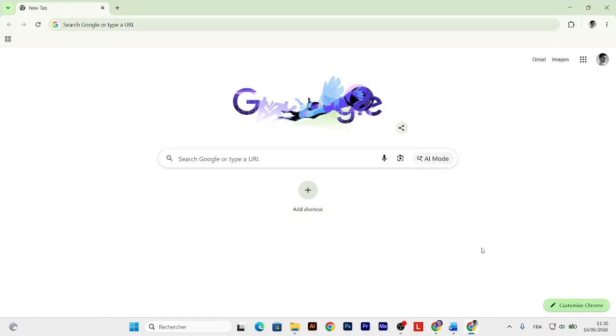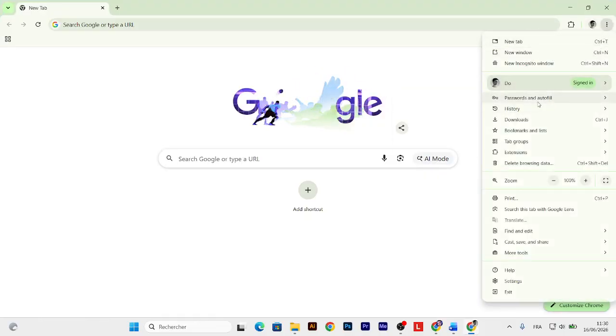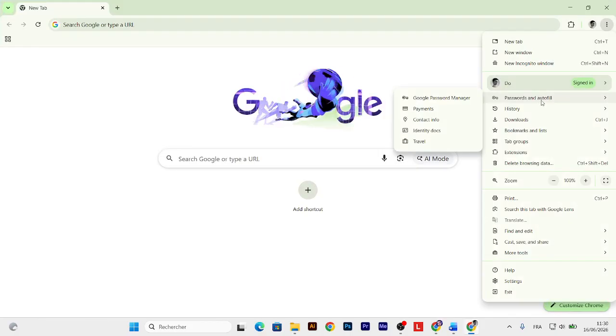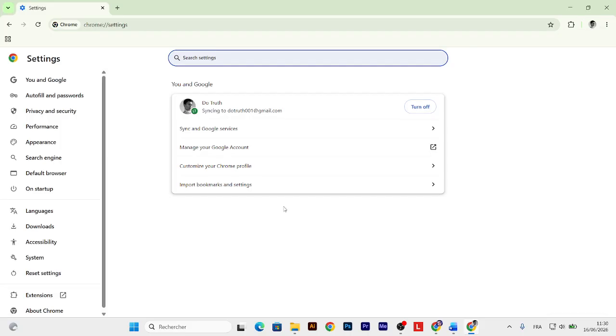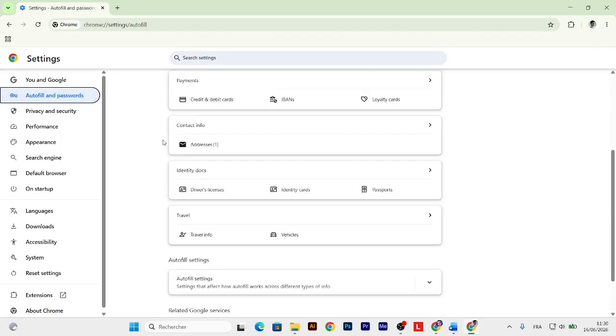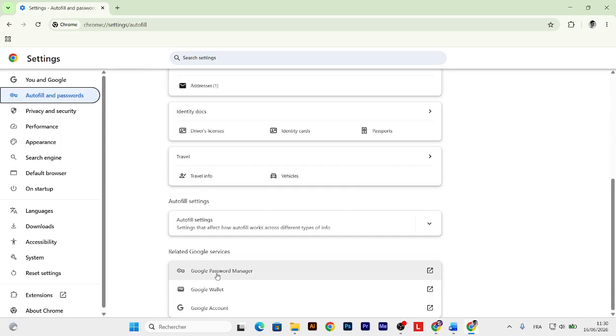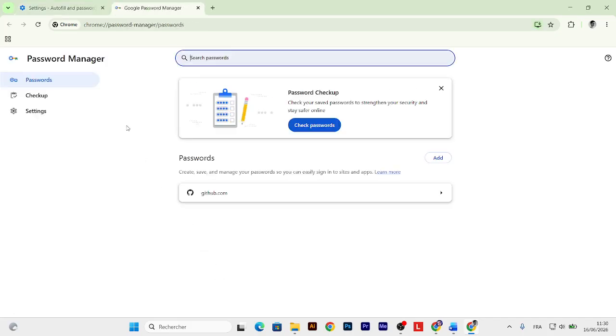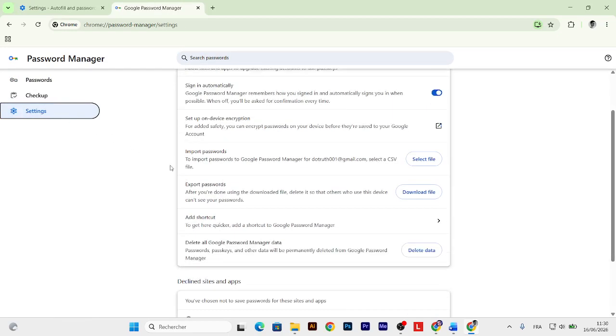First, open your Google Chrome and go to the three points, and go now to Passwords and Autofill. Okay, if you don't have this, just go to Settings and go to Autofill and Passwords, and now go here to Google Password Manager. Okay, after this, you need to go to the settings and you will find here